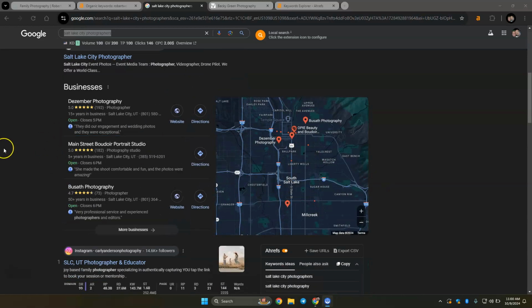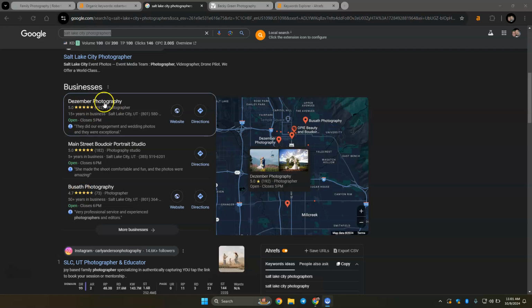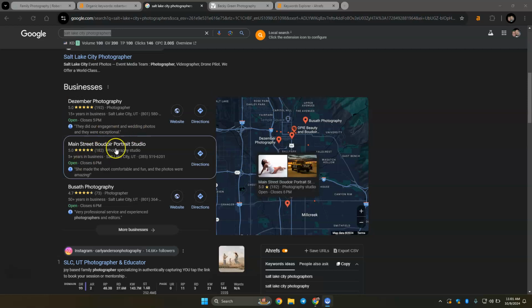Your Google Business Profile is the next thing that ranks. It's alright that you're not in this. I know you're not looking for all photography, so great ways to get into the GBP for different ones are to make sure your name, address, and phone number are the exact same all across the internet so you don't mislead Google. Reviews are huge. I did add one for you, so that's helpful. And putting your name, address, and phone number into things like Yellow Pages and Yelp is beneficial because it shows